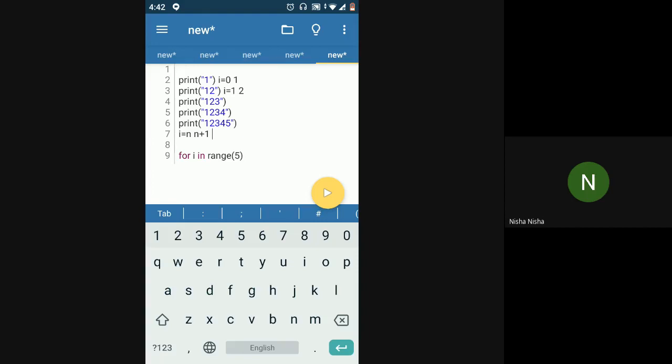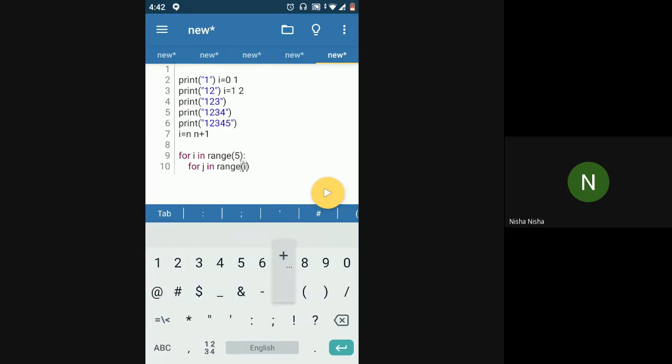Clear? Yes, ma'am. Okay, so now I know that the second loop, just like the previous example, will run till i plus 1.